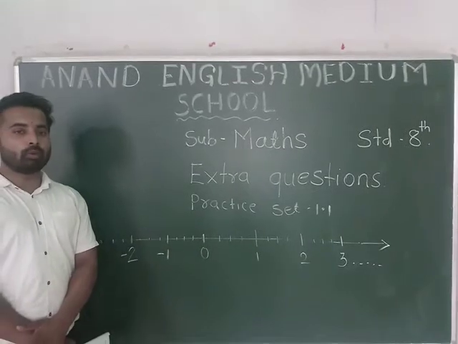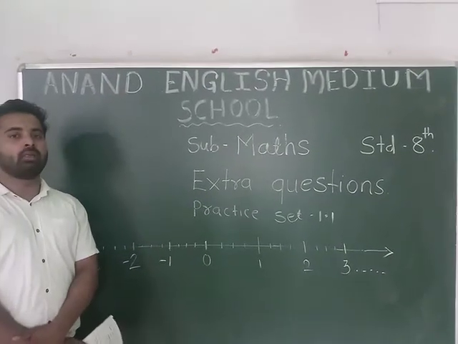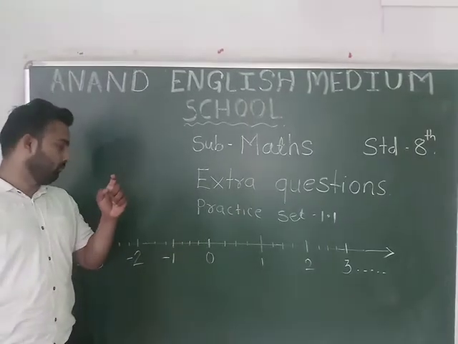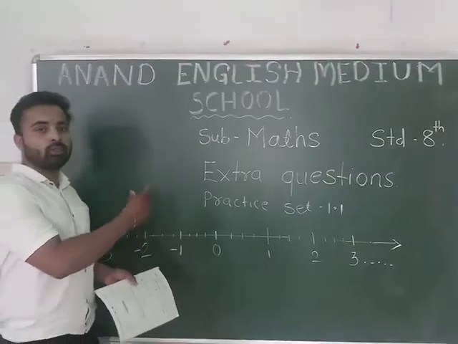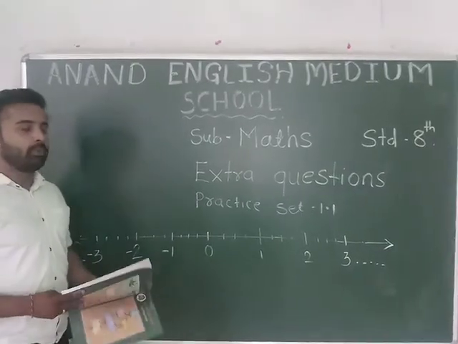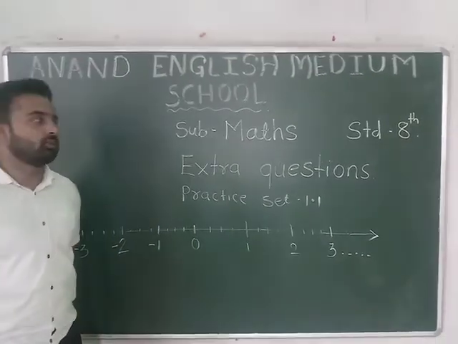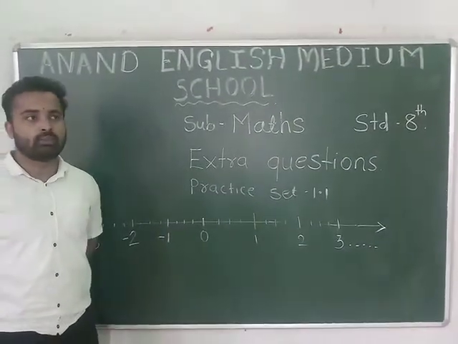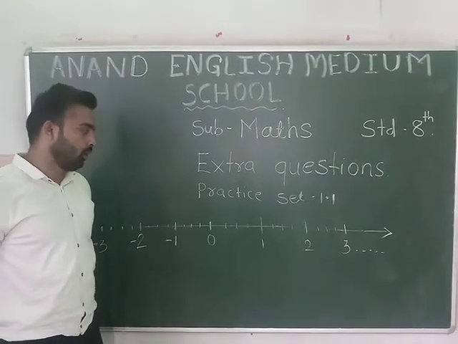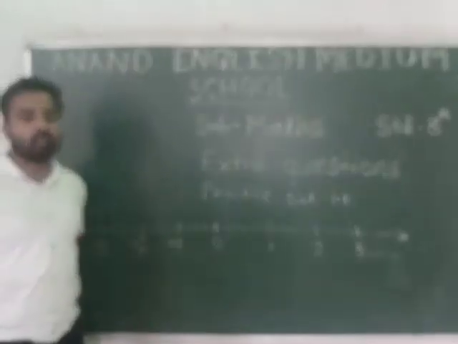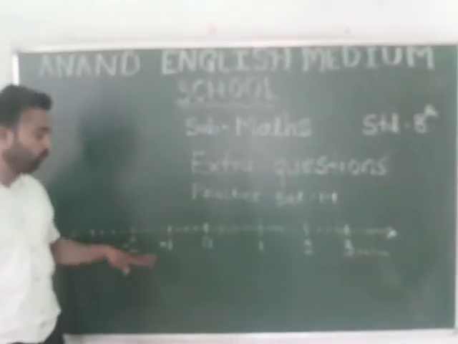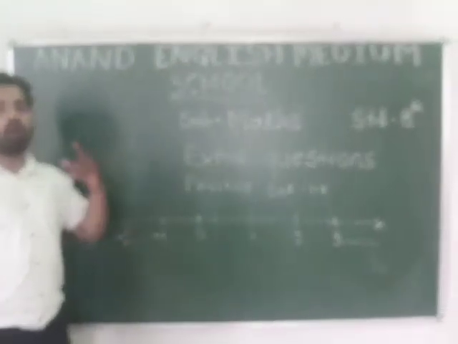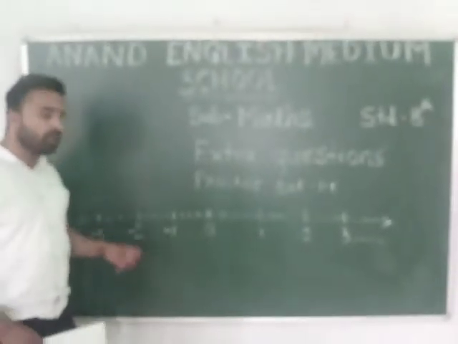In that, we have studied how the number line is measured and how the points are plotted on the number line. Avishkar has some query. I think if you have studied practice set 1.1, then you must have queries regarding the number line and other details. But now in this period, we are going to discuss how the number line is formed and how to analyze the unit of the number line.